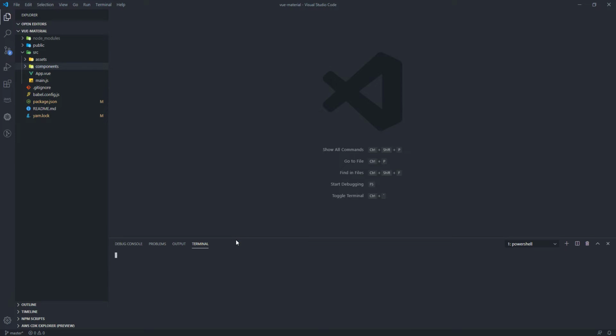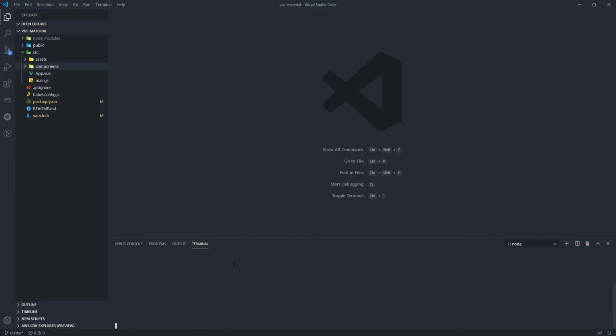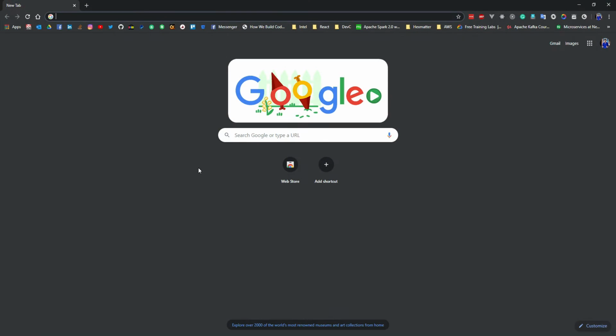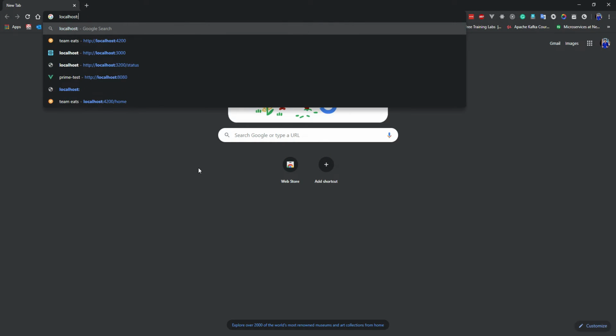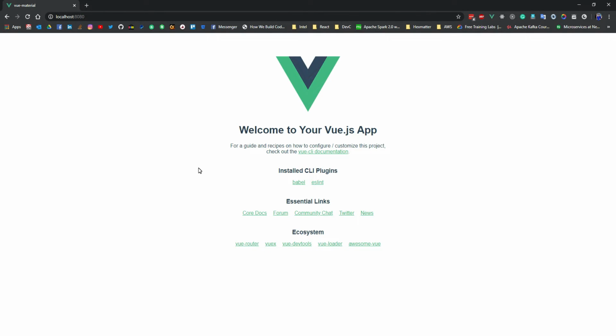Then I'm going to open the web application. We can simply run the web application using the yarn serve command. This will open up the web application as we have seen previously. This will allocate a new port for this web application, which is 8080 in this case. Then I'm going to open it in my web browser, localhost. Yes, this is the initial view of the Vue.js application when it is created.